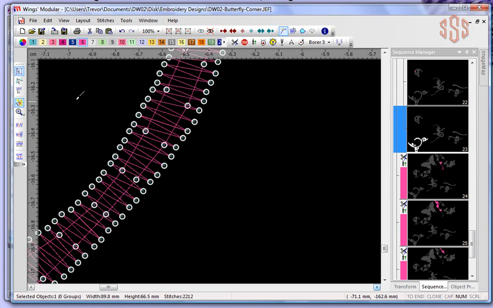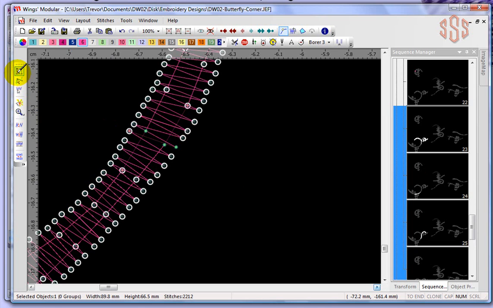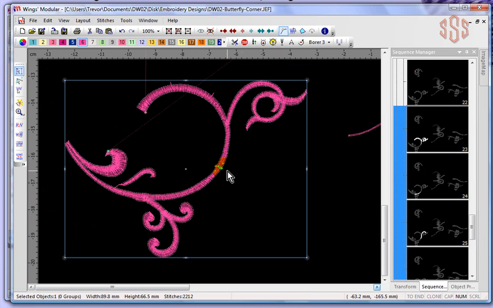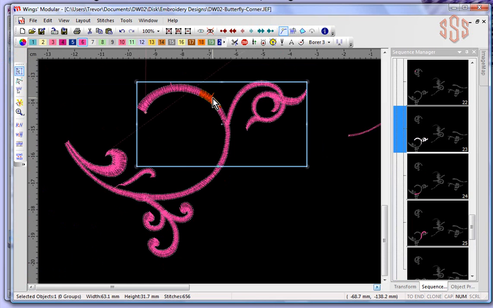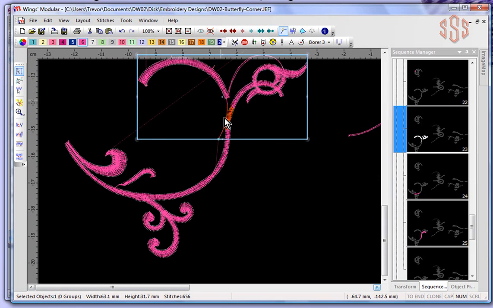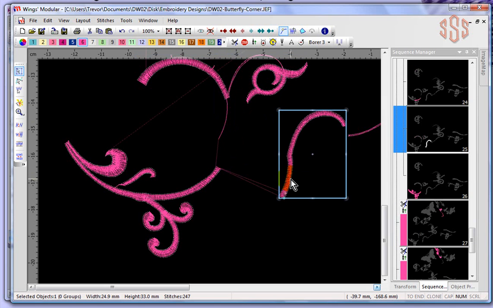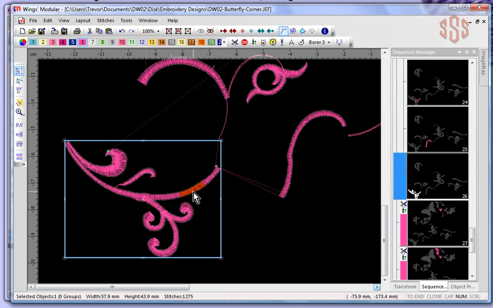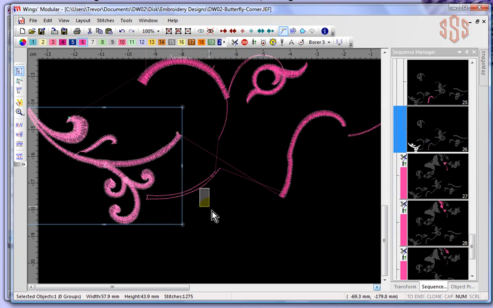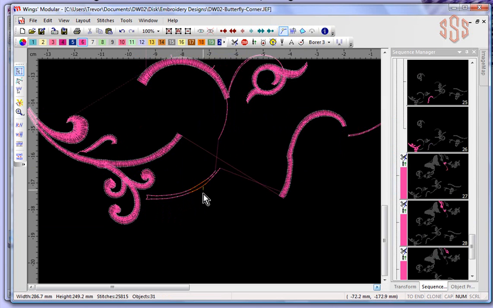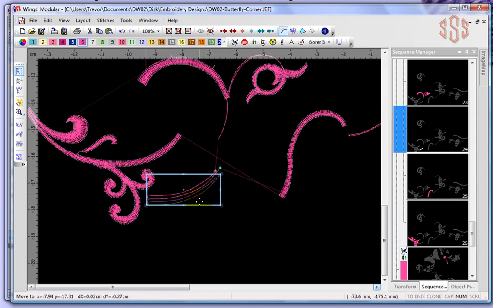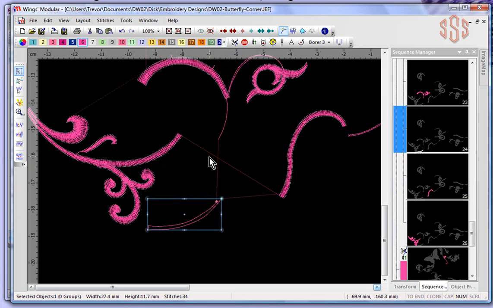And if I choose split object and split it right across there, we're done using that tool. Now when I zoom out and take a look at that embroidery, if I choose transform, I have this object. So that was part of the run stitch that was walking out. I have this object, I have this object, and I have this underlay object. So it actually splits it into four,